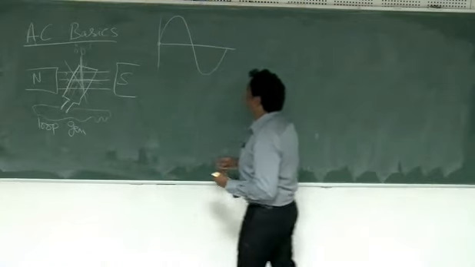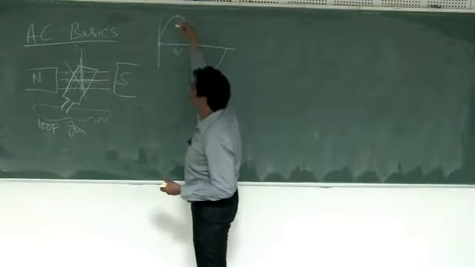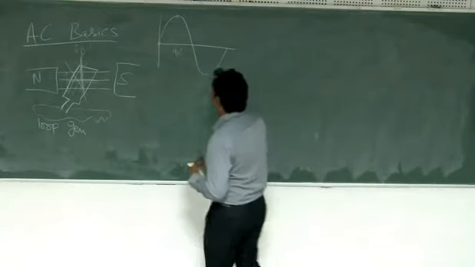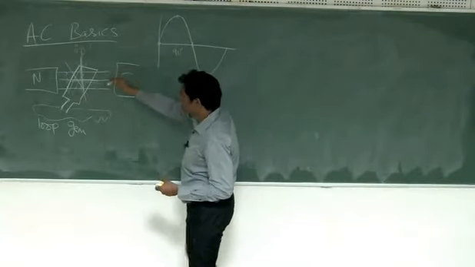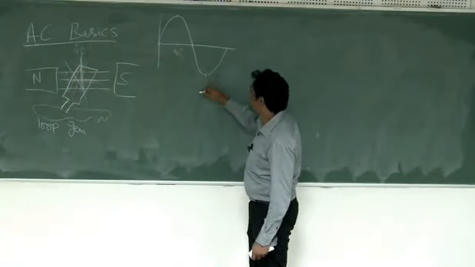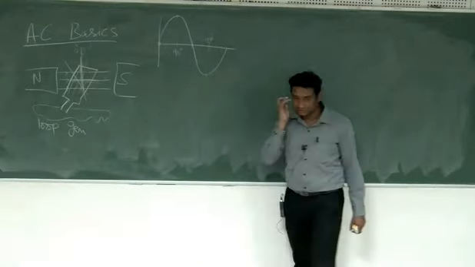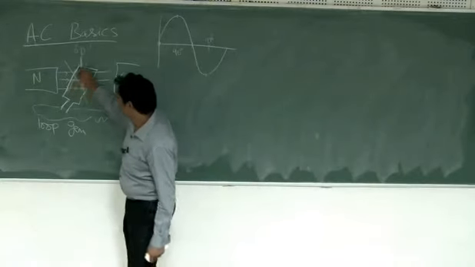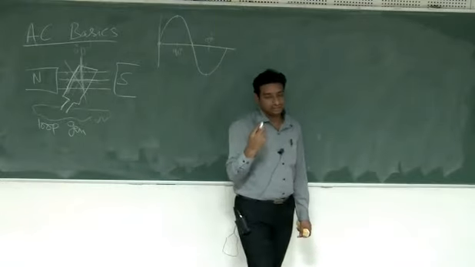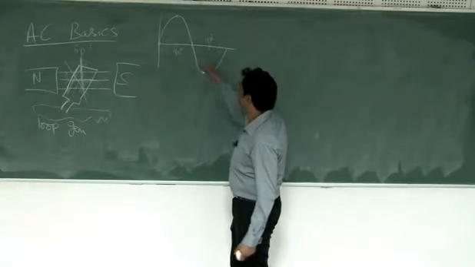Now after reaching 90 degrees, I'm reaching that point, and then the maximum amount of voltage is generated. Then at 180 degrees, that means it's upside down but still vertical. Again I'll get 0, and then this one is 270 degrees, and this is negative. In that sense, this line which was under the north pole now moves into the south pole direction, and the amount of voltage will become reverse. That's why it is alternating, positive, negative, and so on.